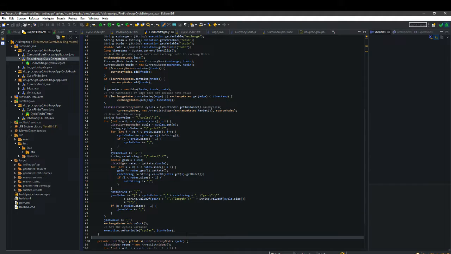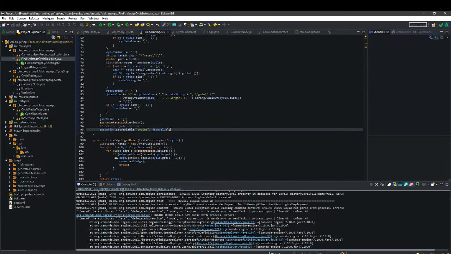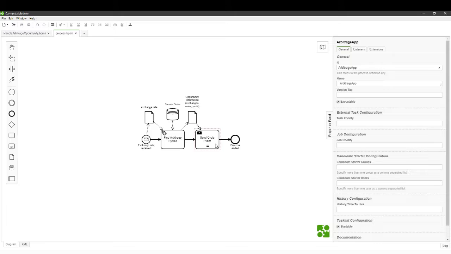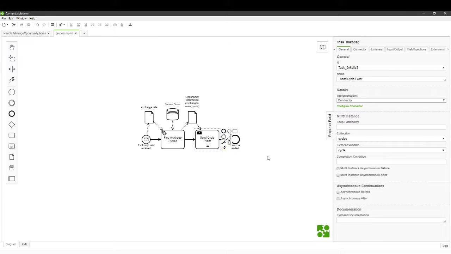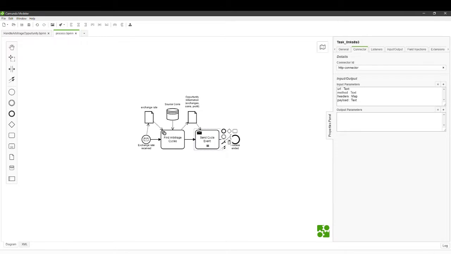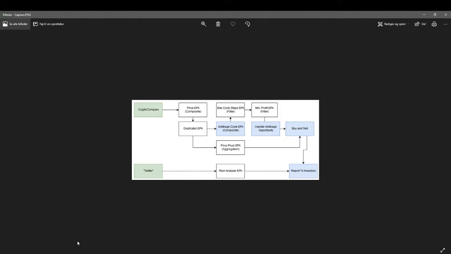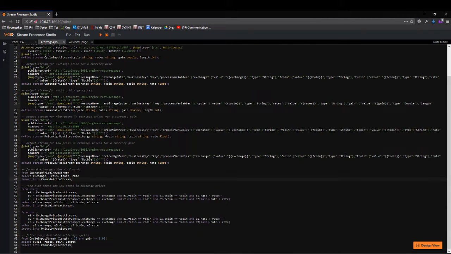possibly, and we append this value to the execution for each cycle that we find. It gets sent here in the send cycle event task using an HTTP connector, and it is then received by city again. And we filter the cycles that are too long and have a too low gain rate, which means that we won't make as much profit of it. The cycles that we deem valid